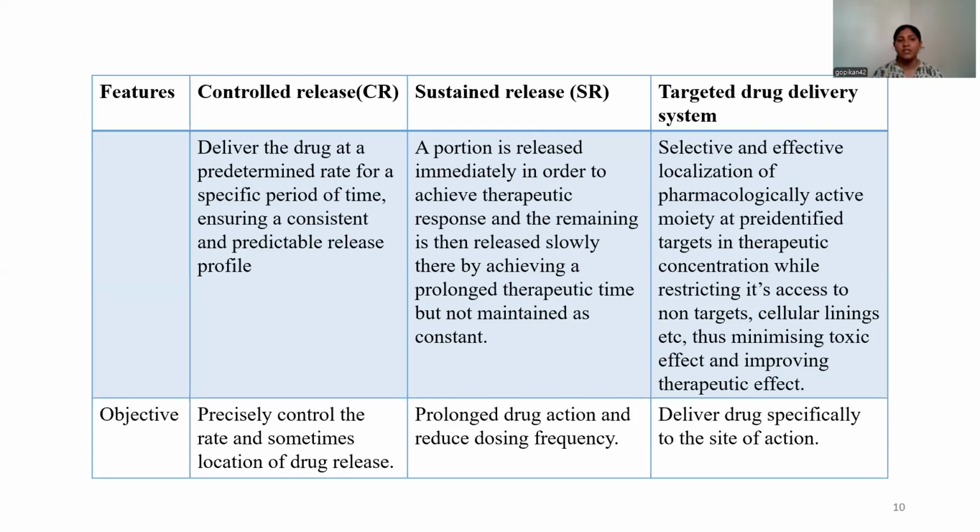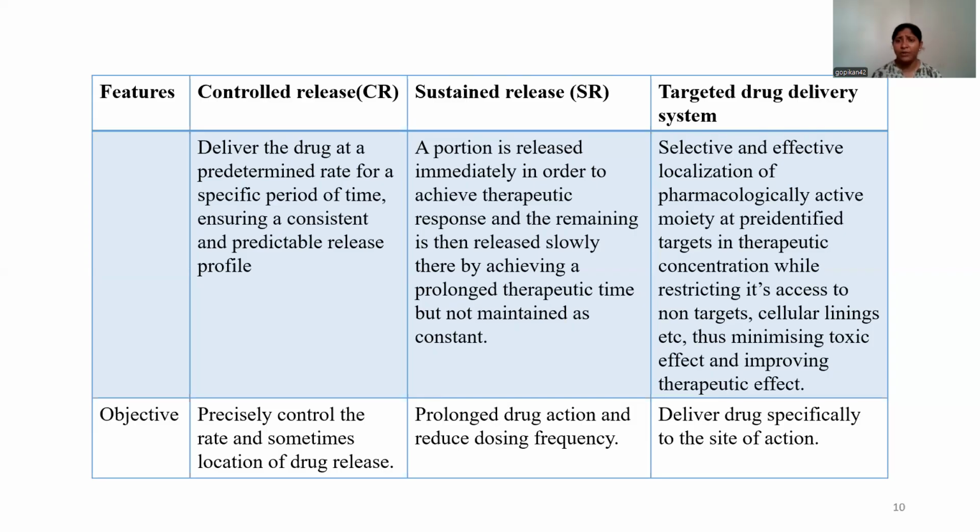drug delivery system. So basically, what is a controlled release? It helps in delivering the drug at a predetermined rate for a longer period of time and a specific period of time, ensuring the consistent and predictable release profile of a drug. And also in the sustained release formulation, a portion is released immediately in order to achieve the therapeutic response, and then the remaining drug is released slowly, thereby achieving a prolonged duration of therapeutic effect, which is not maintained